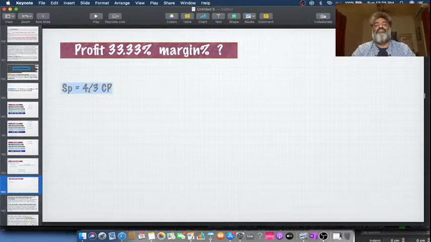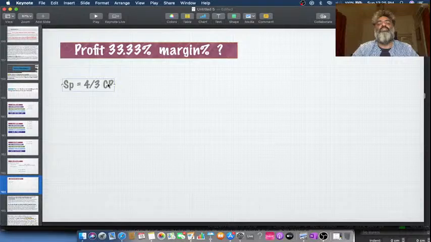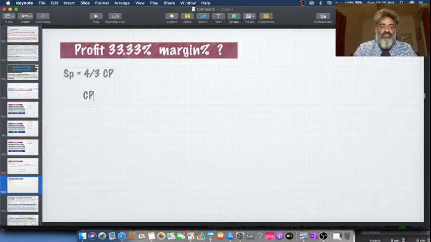So I know this much, and this is what I want to get at. Notice how short the equation becomes once you master fractions and percentages, the conversion and the equation building. And then I can rewrite this simply as CP is equal to 3 by 4, which is